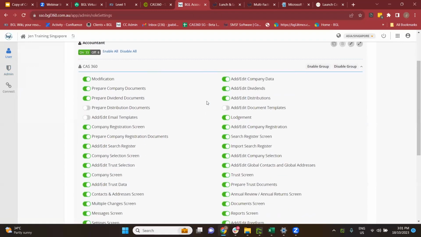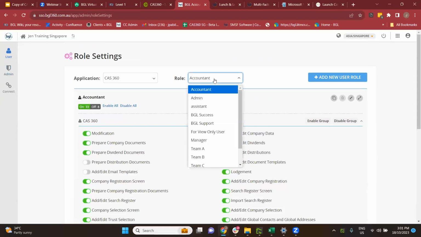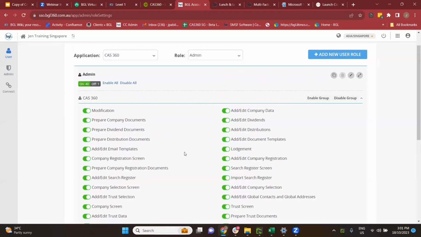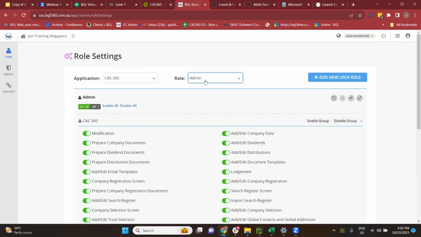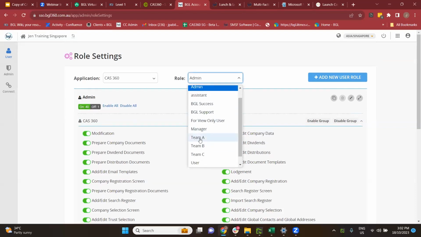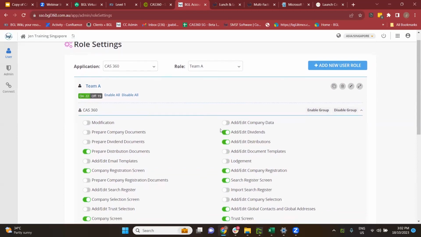So we have different types of role settings available in CAS 360, whether it's accountant or admin. Admin is enabled to have all the administrative rights. And this is an example that I've created as another role. You can do that by simply clicking add new role,